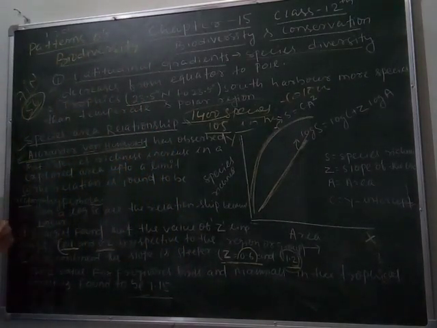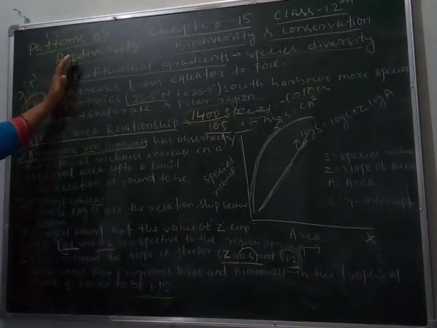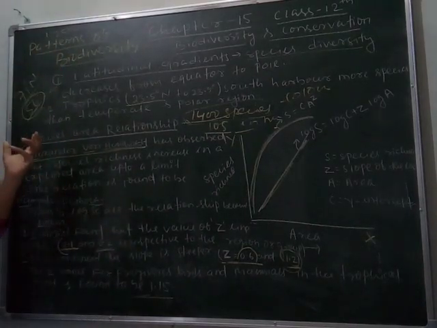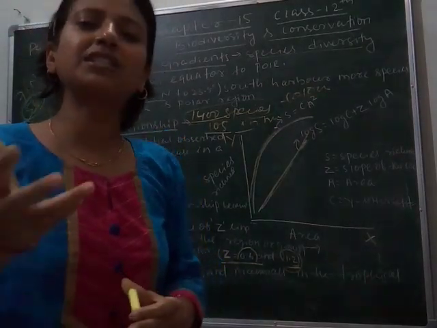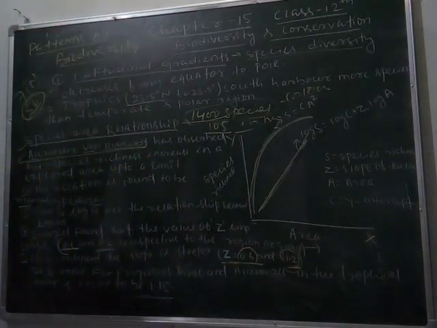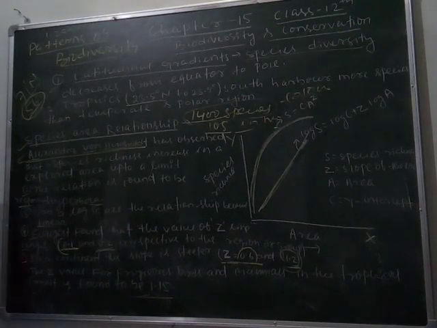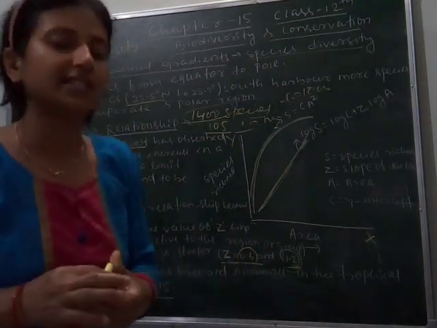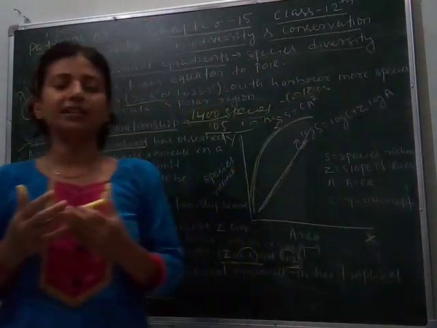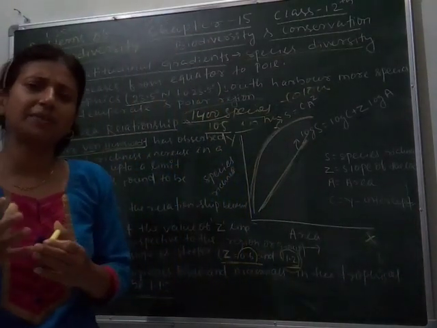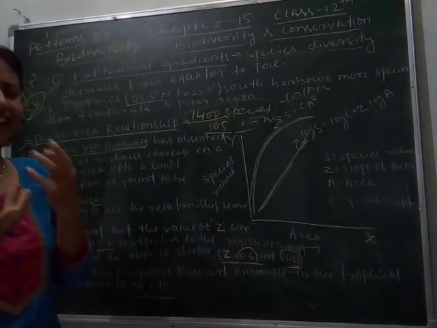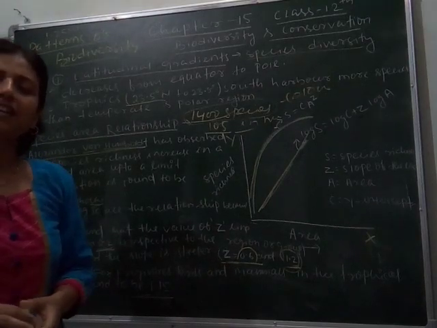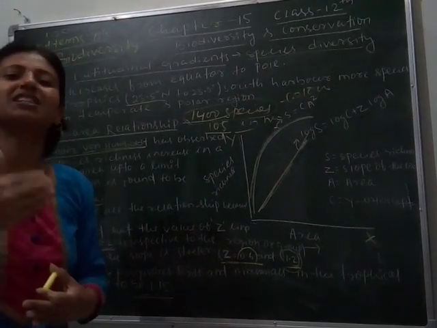Again, I am telling you about latitudinal gradients, as I forgot to tell you the reasons behind why some areas contain more species and why some areas contain fewer species. So you have to remember, speciation is a function of time. Unlike tropical regions, temperate regions were subjected to frequent glaciation in the past, means melting of ice occurred, due to which they got disturbed. But tropical regions were not disturbed, due to which their species richness increased.